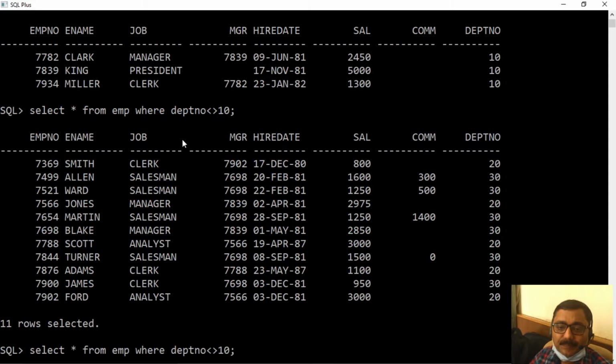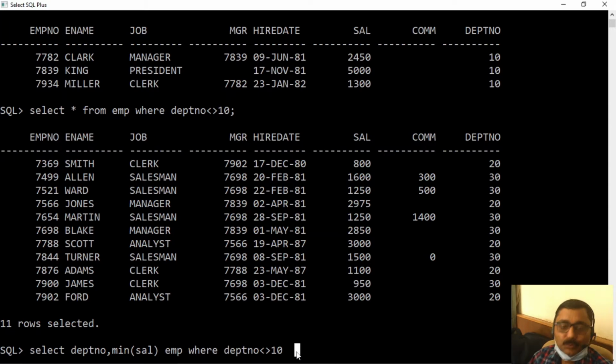So let's see, where department not equal to 10, and before this I may be writing department number comma MinSal. So this condition will exclude data, and department number 10 will not take part in grouping.